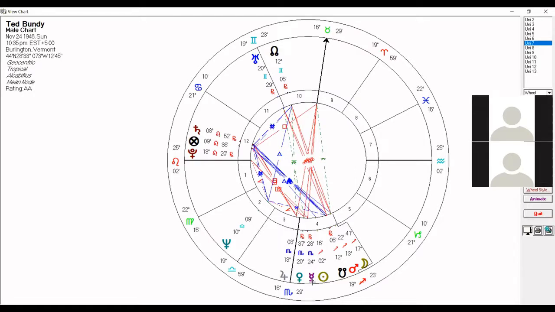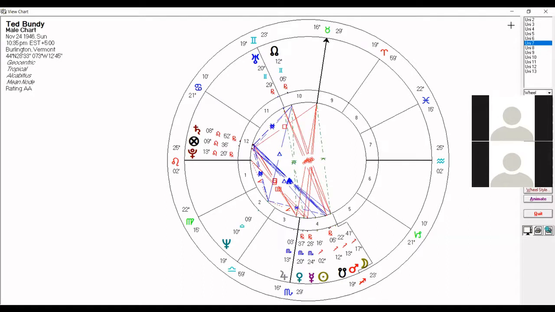If we look at Mercury, who's the next fastest, he's at a higher degree than all of the slower planets. Venus is at 20, Jupiter is at 13, Pluto 13, Saturn 8, Neptune 10. There is no aspect between Capricorn and Sagittarius. See what I'm saying? Same thing with Venus. She's at 20, Jupiter's at 13. She's just separated from him when she was at 13. Same thing with Pluto, where she just separated from the square. She just separated from the square of Saturn as well. So that is separating and applying.